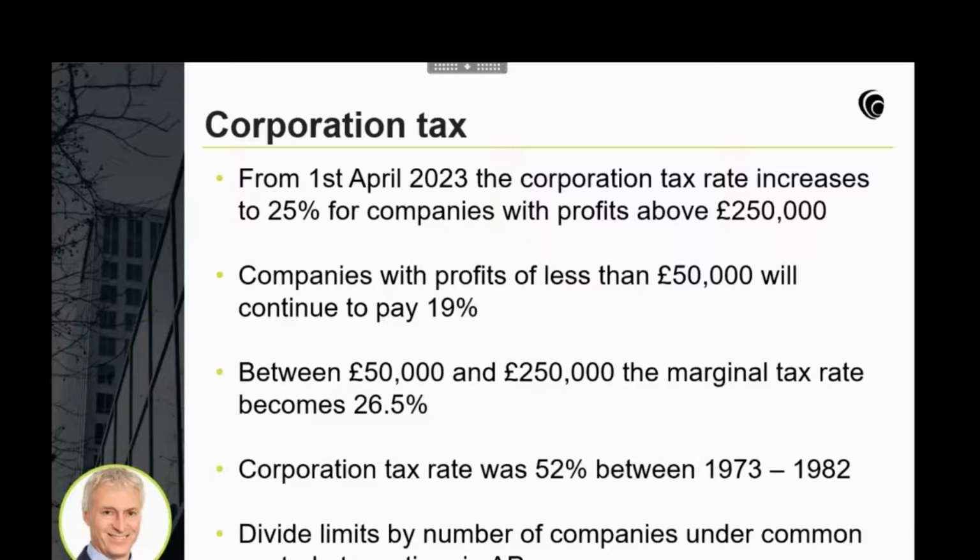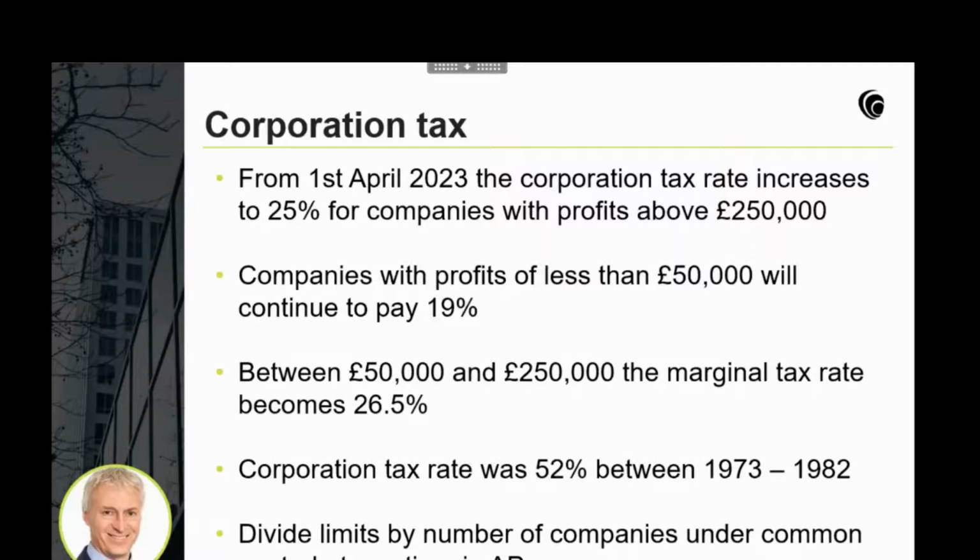I've mentioned that there is a small company rate coming in new rules, and some of you will remember the days of small companies relief in the past. I'm not going to spend any time on this because we don't have much, but in essence, if you have profits of less than £50,000 in a trading company, then your tax rate will remain at 19%. Between £50,000 and £250,000 of profit, it slowly grows up to the 25% rate, and there's a marginal rate in that band of 26.5%. So it's not huge like it used to be, but it's just for very small companies,